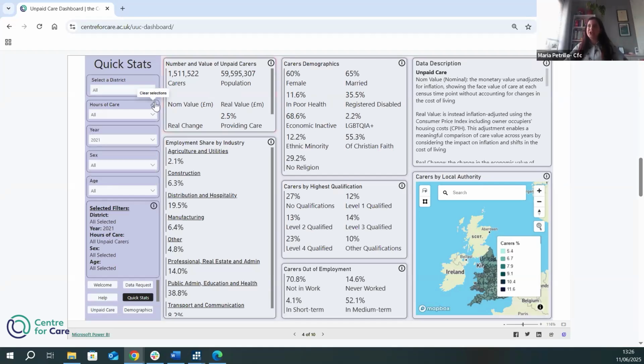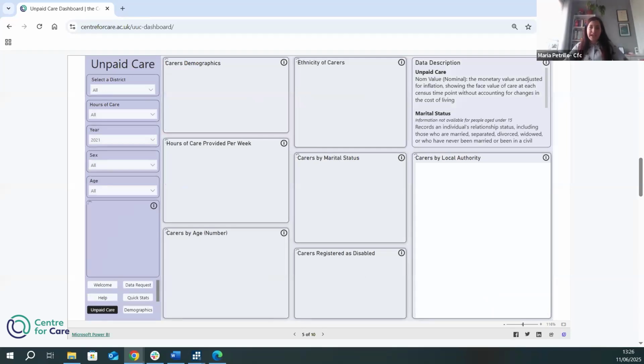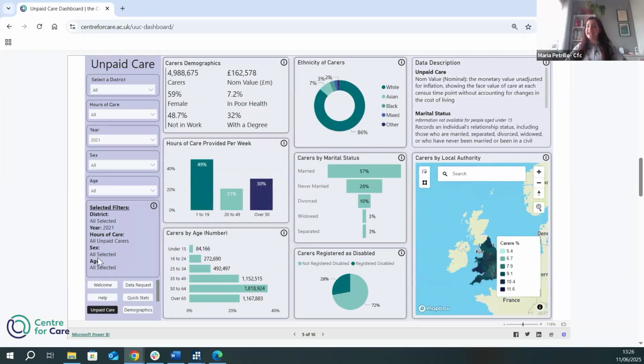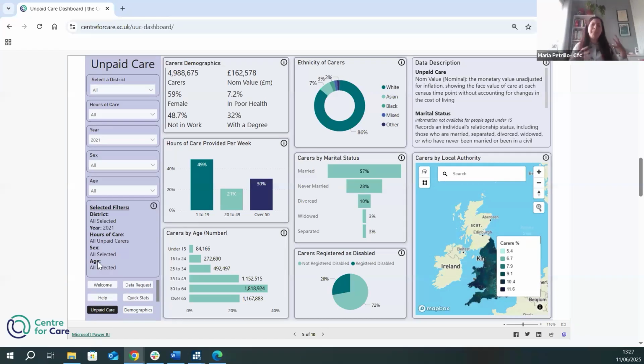Now, for time concerns, let's just move to the next page. Let's remove all the filters and move to the next page, either here or you click in here. The next page here is the unpaid care page. Now, the unpaid care page provides a more intersectional description of unpaid care, meaning it combines different characteristics. We can analyze those combined characteristics to fully grasp the identity of unpaid carers as far as data allow, of course.